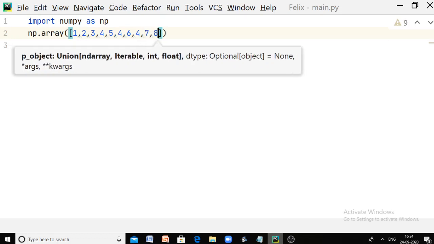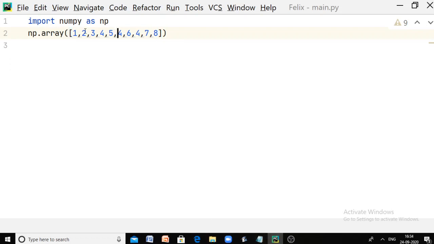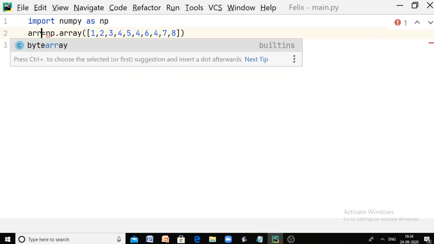These are all the values in the given array, and this call will make an array of all these values and return a reference to it. Let me store it into a variable arr.